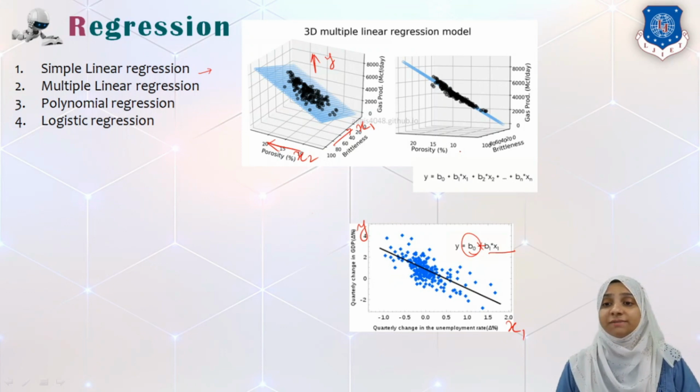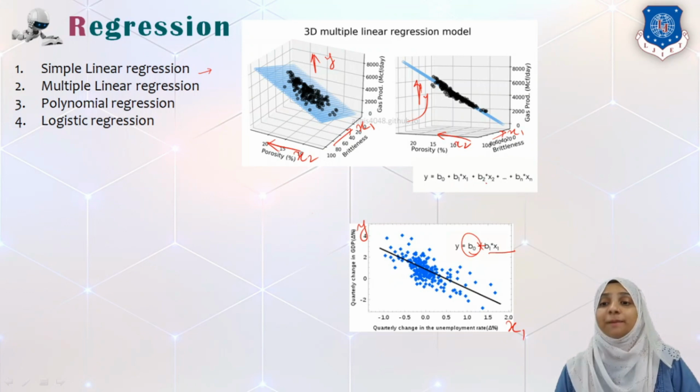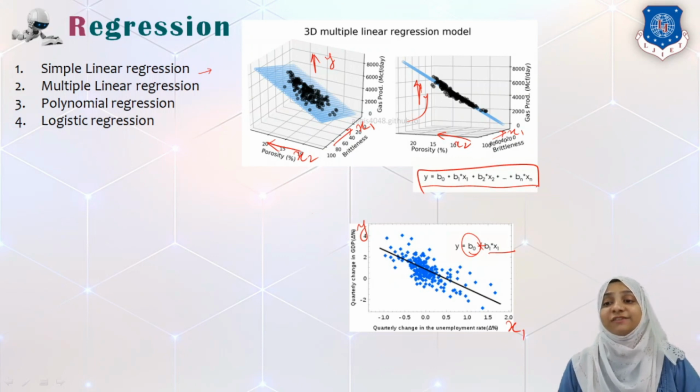By taking another dimension or another view of the same data points, when we have x1 on one axis, x2 on another axis, and y on the vertical axis, we can see the data points are represented by a simple plane, which from the side view looks like a line. So the equation of the plane is given as y equals b0 plus b1 x1 plus b2 x2 only. But let us assume we have more than two variables, then the equation of the line or plane can be extended up to xn for n input variables.